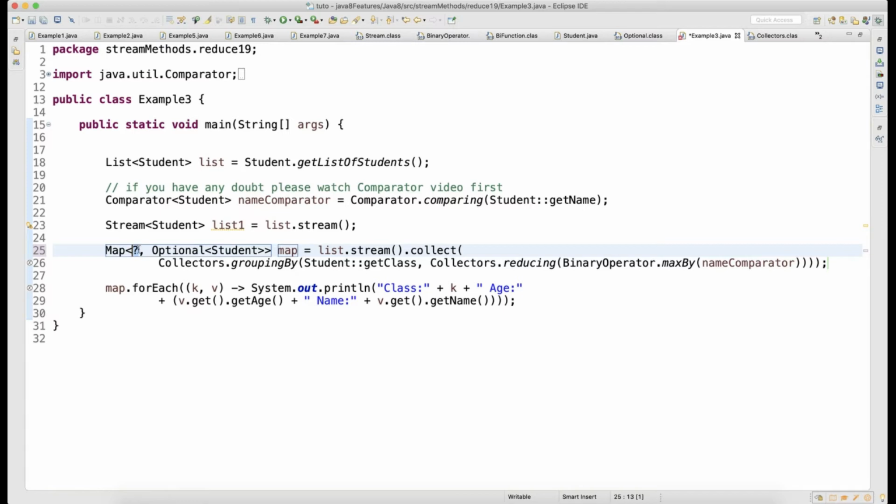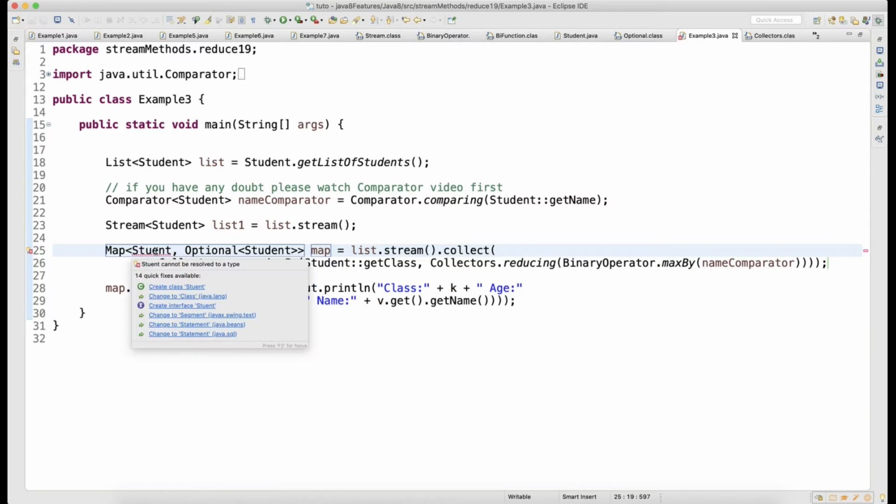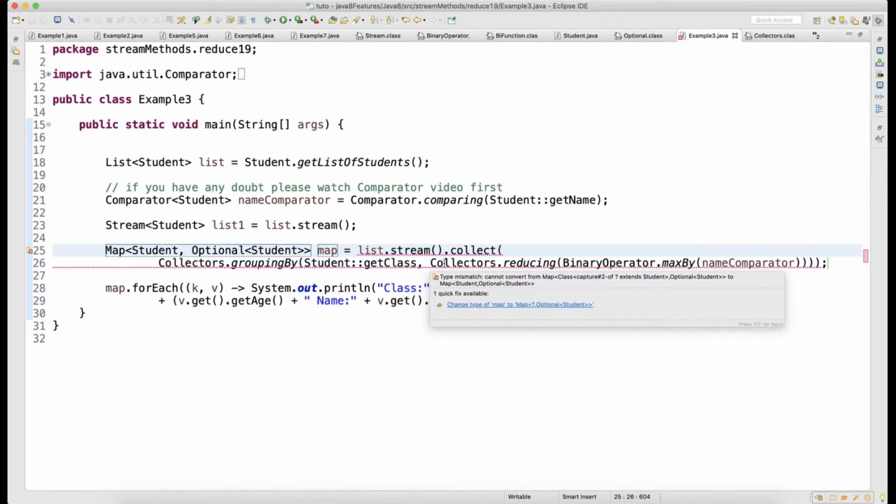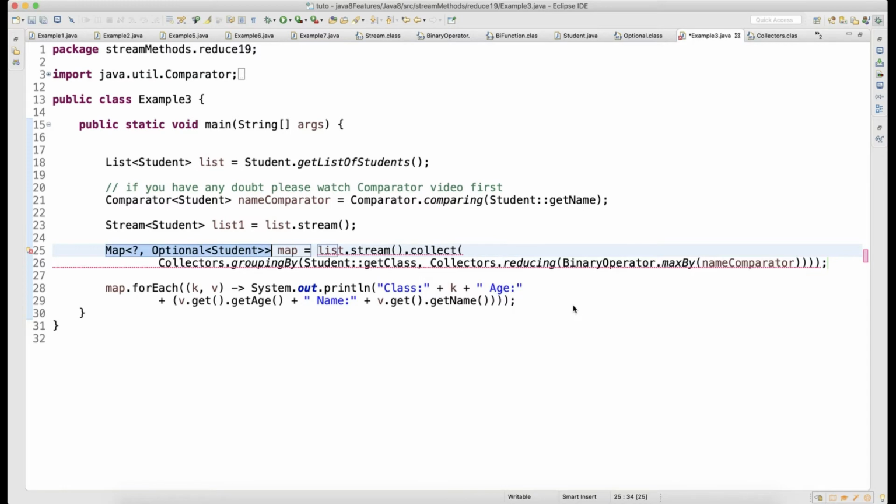So this is the object, guys. This is the student object. So I can write here a student also. I should not get any problem. A student and then optional of a student. Why is it complaining? Okay, it is asking me to make it a generic. Okay, that's fine. I'll go back and change it to a generic, right? So it will take whatever object will come from here. So what is the return type, guys? The return type of this entire function is nothing but map of object comma optional.